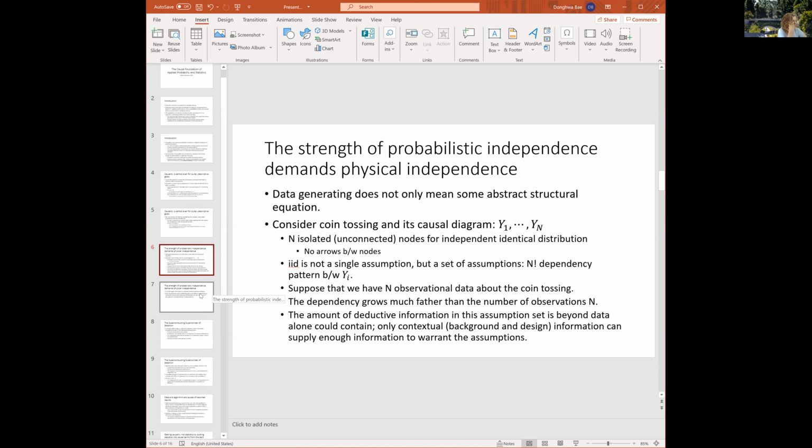Okay, I'm trying to understand. I think he says that this assumption of IID is causal in some sense. The fact that you make this assumption is like making a causal diagram where you have a causal assumption that you have a diagram with n nodes without arrows. And this is actually a causal model. And that's it? Yes.